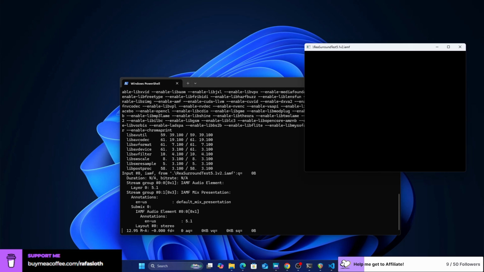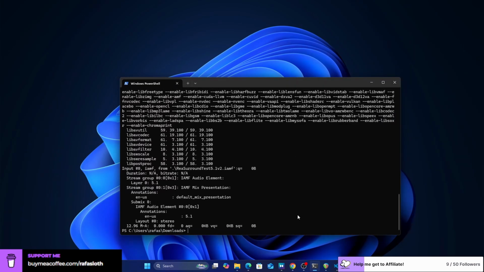When you press A, it cycles through stream groups of audio files. So you can quickly press A to change to the stereo version. So FFplay again, but once it opens the window and starts playing stuff, I'm gonna hit A once to switch to the stereo version.